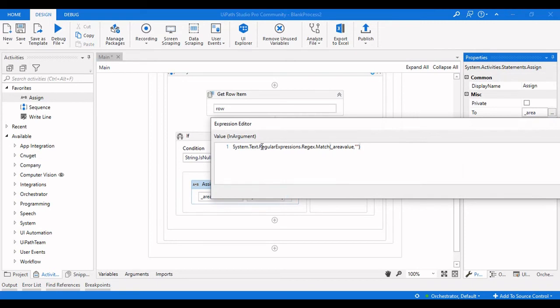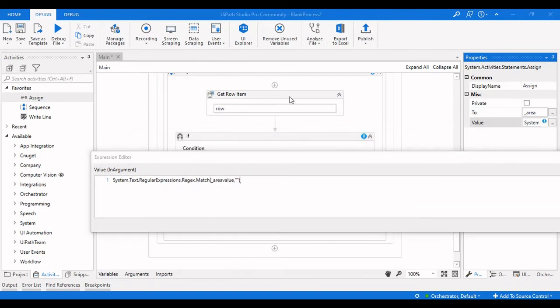So here we need to write System.Text.RegularExpressions.Regex.Match, and then the input variable, and after that the modifiers that I am using, which are single line, multi-line, and case insensitive. Before searching, let me use \d+, which will return all the digits in that particular word.